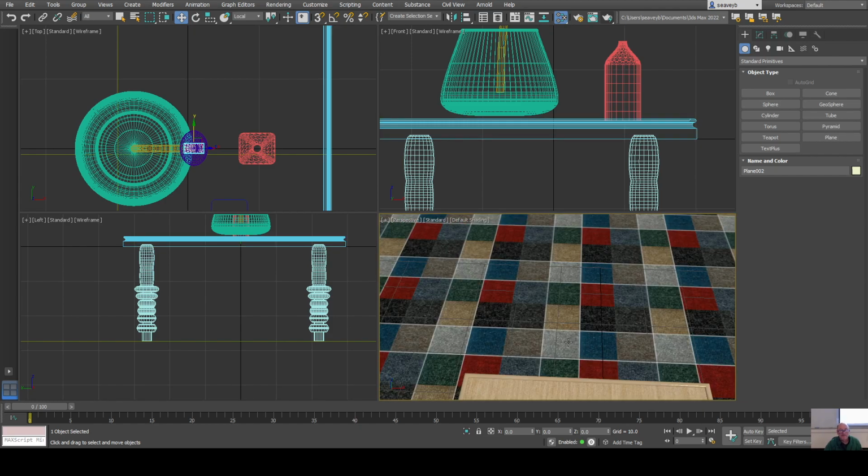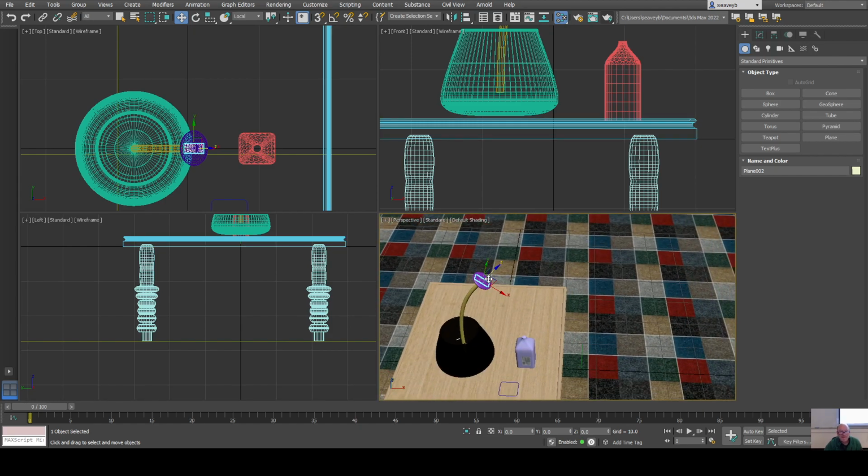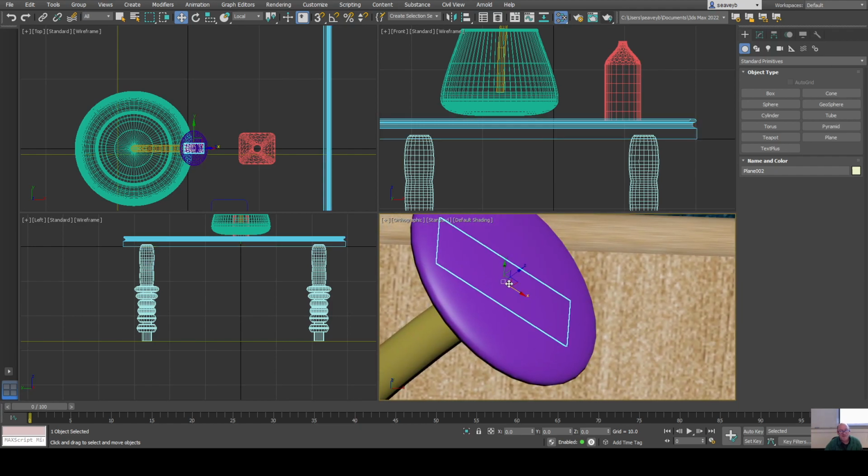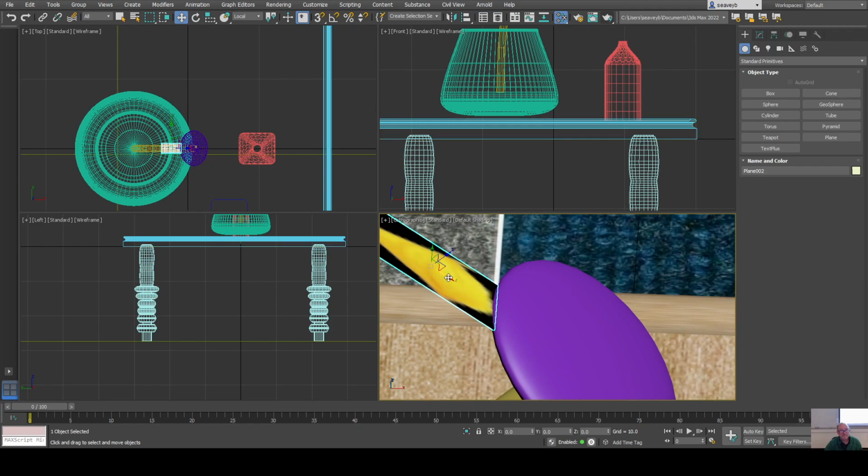zooming in. I might hit U on the keyboard to make this a perspective into an orthographic, so I can zoom in closer without zooming through it. And that way I can move it in the X direction. How about put it up here? And just place it sort of in here. I can add a,